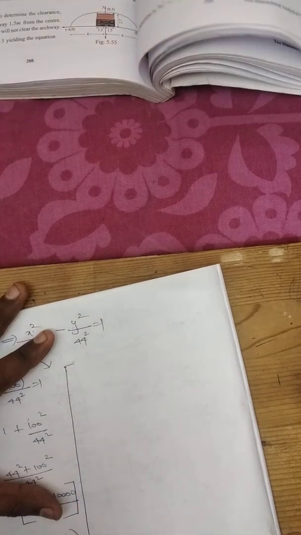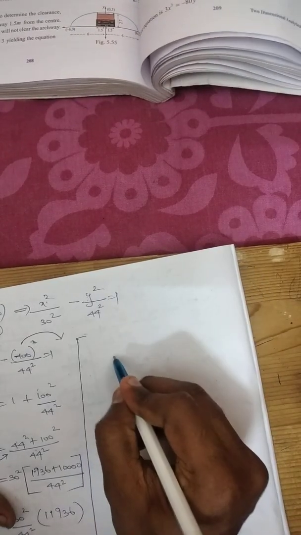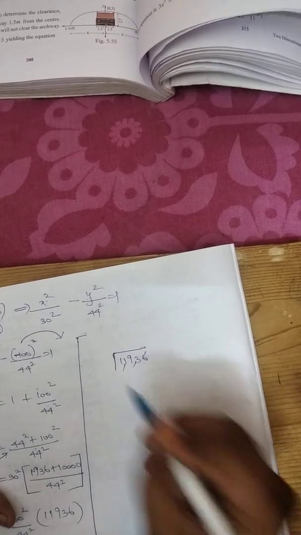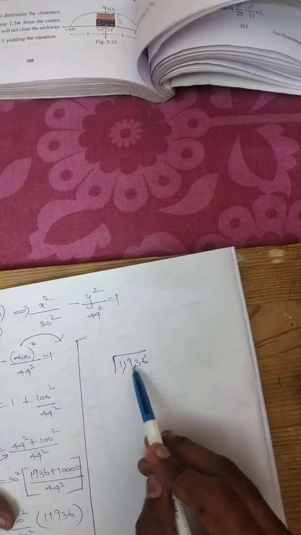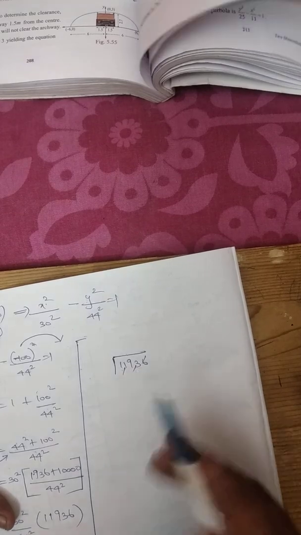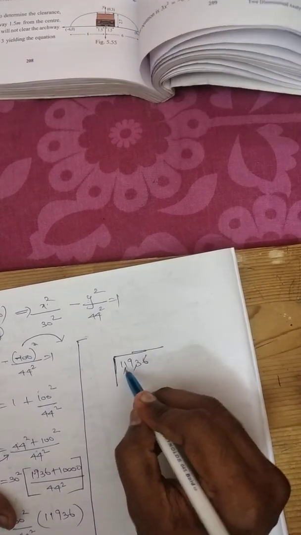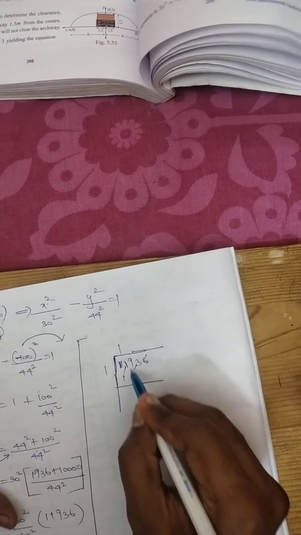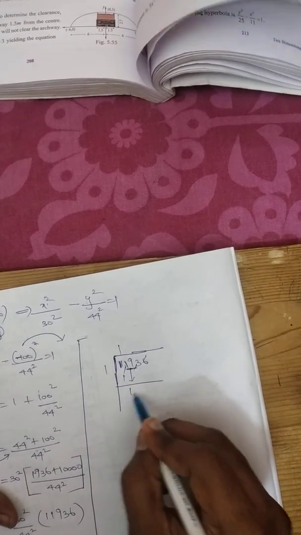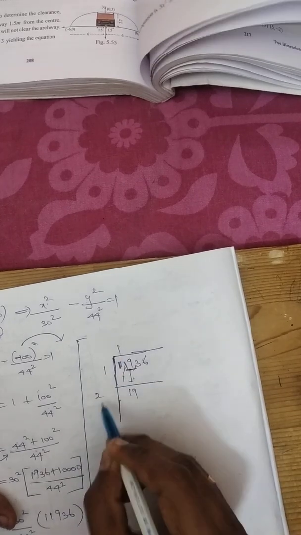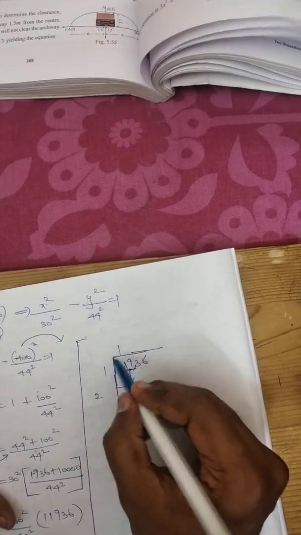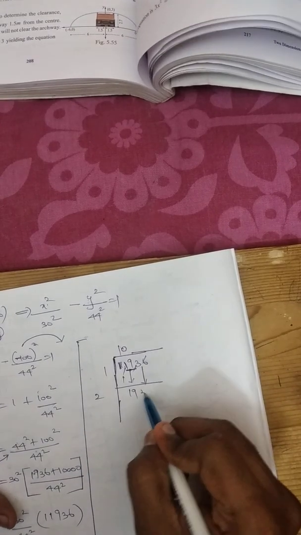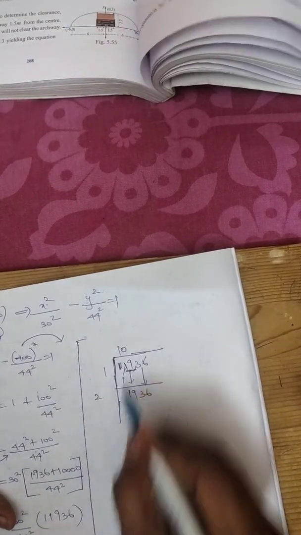See, square root of 11936. From right to left, two numbers I want to leave, two numbers. See, what is the answer I got from 1? 1 into 1 is 1. 1 minus 1, I want to bring 2 digits, 19 as it is. 1 into 2, I can't place, so I need to put 0 here. After putting 0, I need to bring these 36 numbers. 36. See, now multiply it.